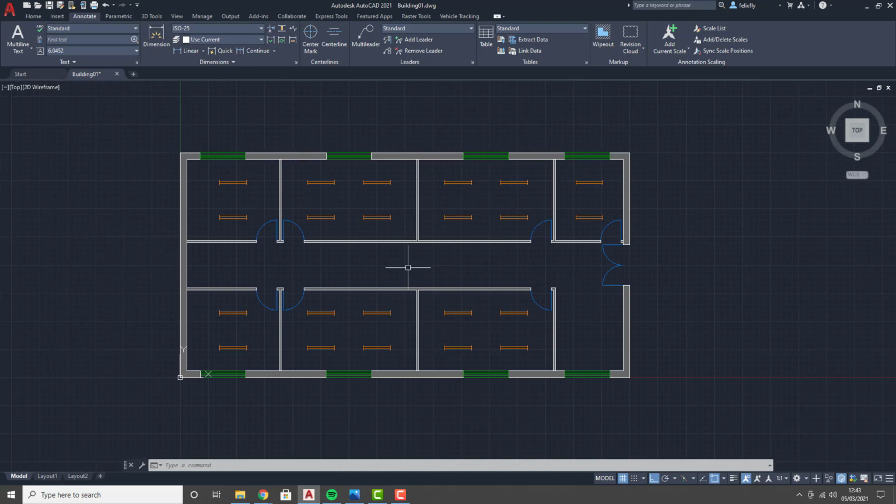So, in AutoCAD, as you've seen, we always draw actual size. Whether it's a small mechanical piece, which is actually going to show us one-to-one actual size on the paper, or it's a layout of a large building, or even something like a retail park, which is huge. It could be a city, it could be miles and miles wide. Doesn't matter, we draw that actual size in terms of units. Now, your units might be set to miles or meters or millimeters, but it's still going to be drawn actual size. So this building, for instance,